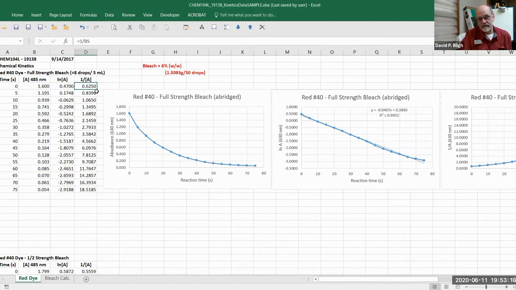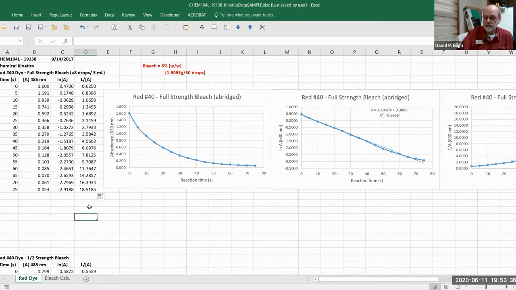So once you've got that input, you just grab the handle, drag it down, and it fills those. So now you have all your data transformed for you without the drudgery of doing it by hand. And to put this data set as is into your